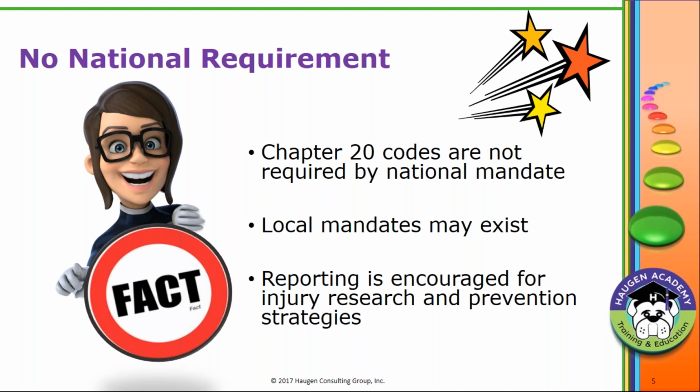Now, the one mandate that always comes to mind, because it gets a lot of press in California, is OSHPD, the Office of Statewide Health Planning and Development. They collect a lot of data for the state of California, and they require the reporting of ECI codes. Here in the state of Colorado, while the codes are not required, they do recommend that we report them to